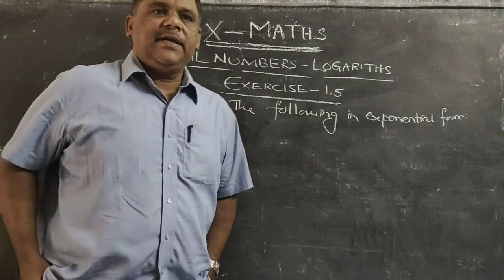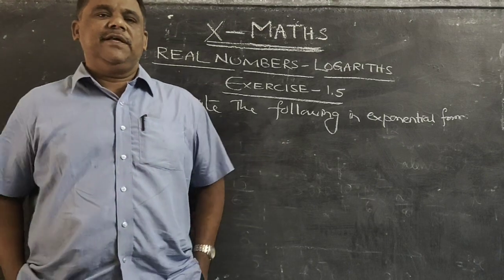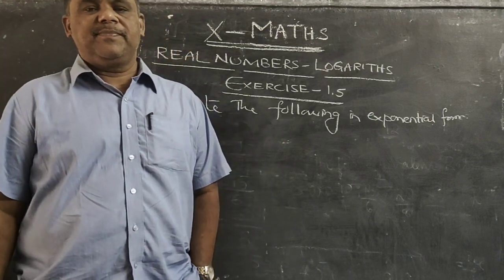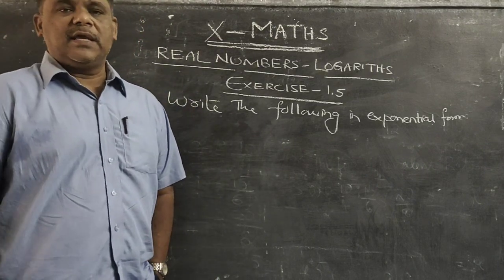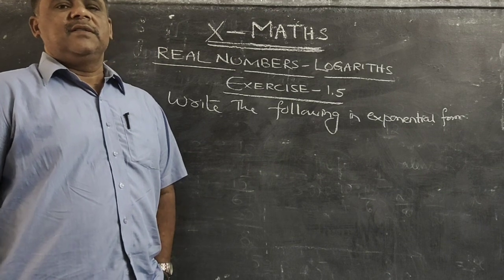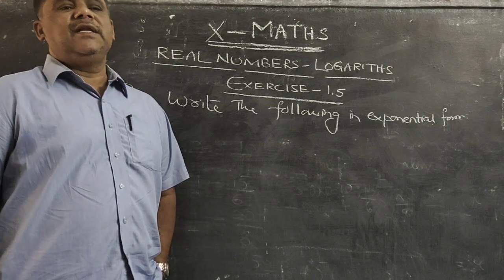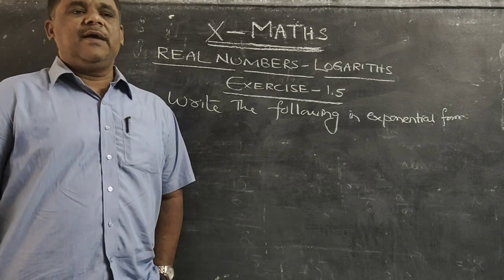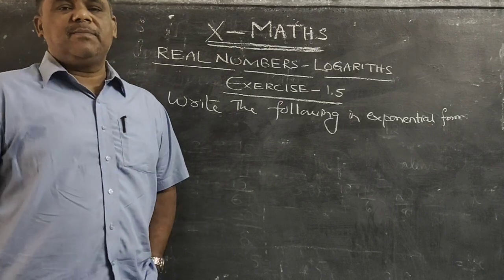So we completed some important formulae of logarithms. First one is log a into b is log a plus log b. Second one is log a by b is equal to log a minus log b. Third one is log a to the power n means it is n log a. If the base has power, that is log a base x to the power n, then it becomes 1 by n.